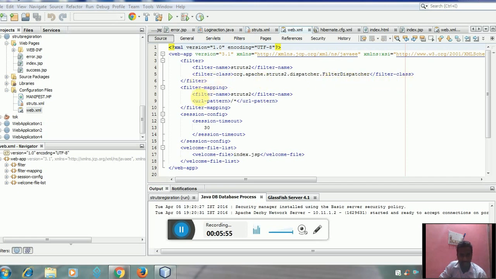Next is the filter mapping, struts2 with /*, so all URLs are automatically executed. That's why we use /*. Next is the session config, with a timeout of 30. And next is the welcome file list, which is a very important thing.